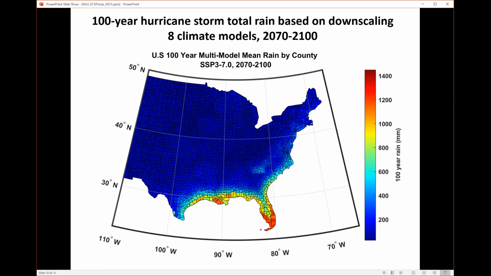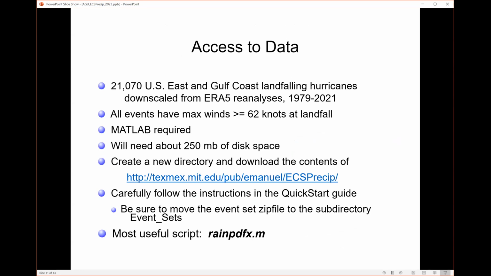These are the kinds of maps you can make from such data, but what we're really interested in is a more detailed and critical comparison of what we get from these synthetic events to what we observe. So let me just jump quickly to giving you access to these data sets. What I'm making available to you right now, if you are interested, is a set of 21,000 storms that affect the US East Coast and Gulf,